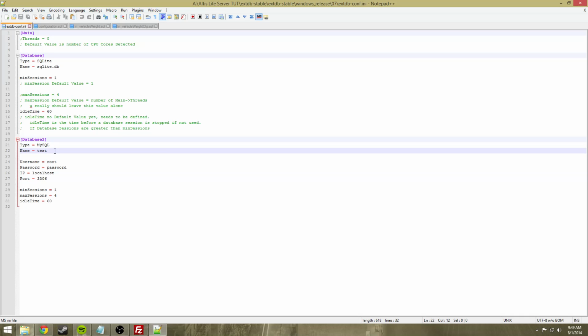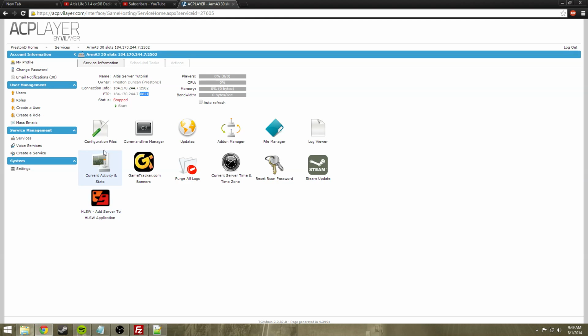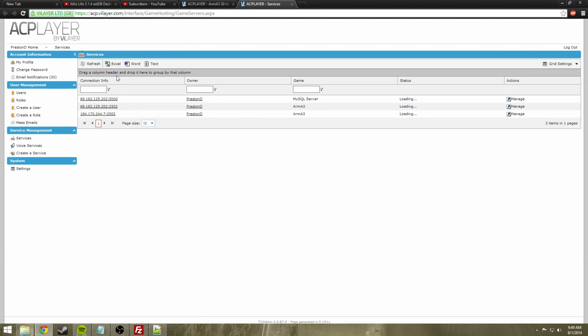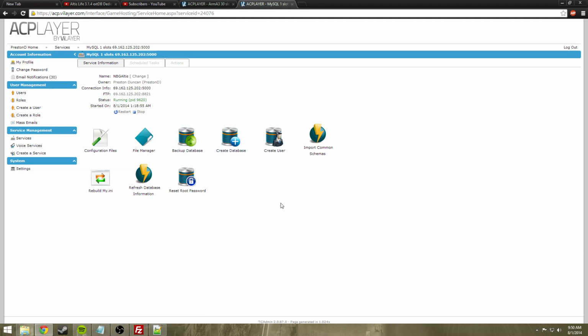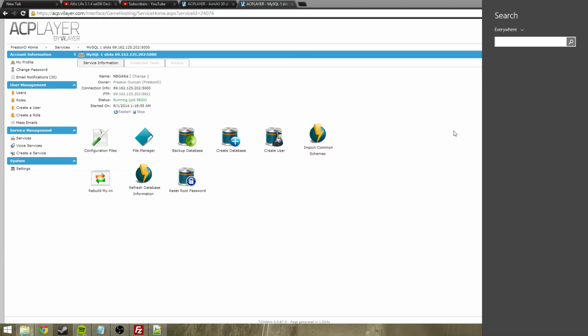I purchased a MySQL server from them as well, so I'll be able to go over to the MySQL server. And you can't just make a database through here. I know they say create database and stuff like that, but I don't even know if that really necessarily works. So what I recommend you do is you go to